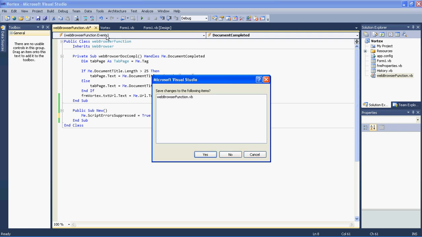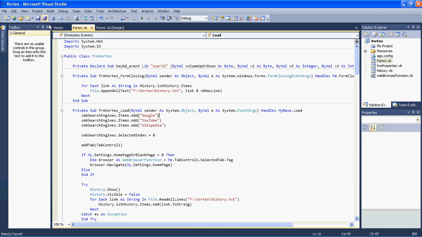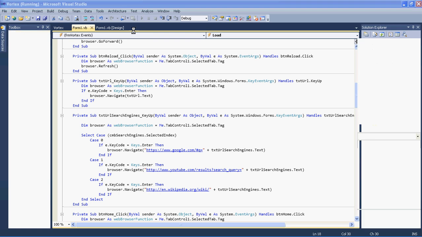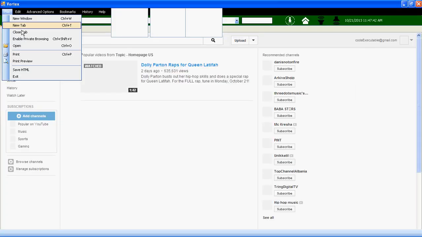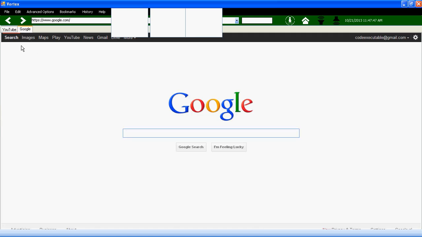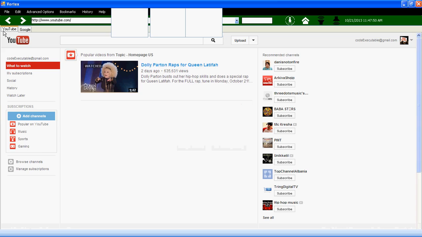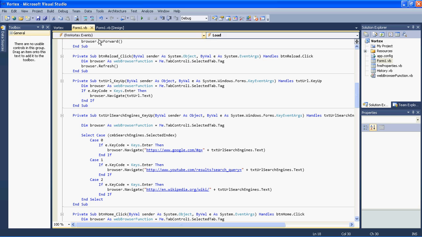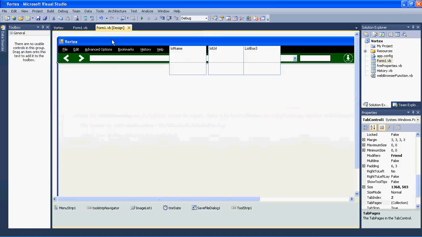Very well. So now we close the class, or we save, whatever you want. And the next thing is that when we create a new tab, I go here, but I have to manually go there, right? I want that every time I create a new tab, the web browser moves to that tab. Every time we create a new tab, we are on YouTube, but the URL says google.com. So in order to prevent that, with just one line of code, we will go back to our form 1 code